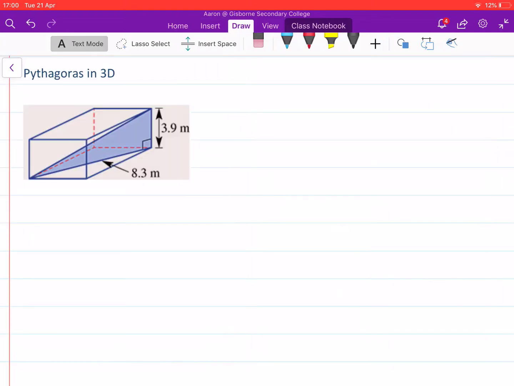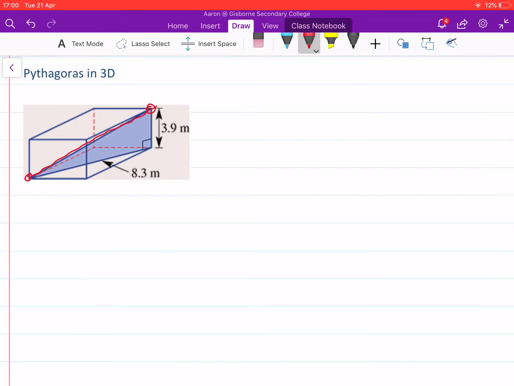Hello everyone. One of the last pieces of the puzzle in this unit of work is Pythagoras in 3D, and that's where we look at a 3D shape and try and see if Pythagoras can help us to figure out lengths and widths, etc. in that shape. So in this question, we're asked to find the length of the diagonal that comes from this corner here down the bottom up to that corner up in the back right. Okay, so the length